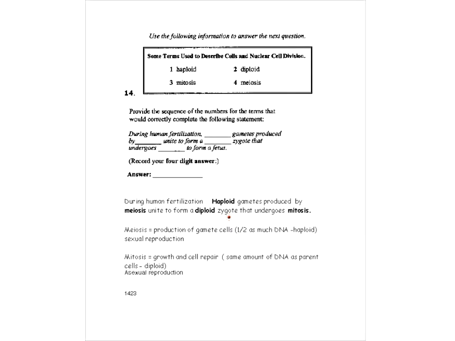So the first structure when the egg and the sperm meet produces a zygote, which is diploid because it's 2N rather than 1N. And then that zygote is going to have cell division take place over and over again until it produces an embryo. And when that cell division is taking place, that's mitosis. Because the purpose of mitosis is cell division, growth, or cell repair. And so mitosis, unlike meiosis, is asexual reproduction. So that's what we would put in these blanks here. These would be the answers that go in these blanks.